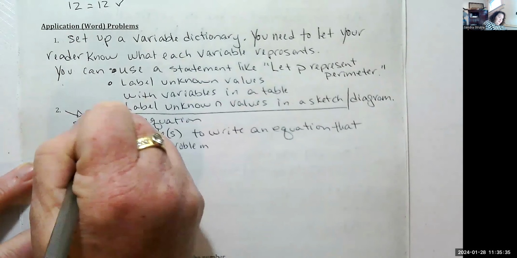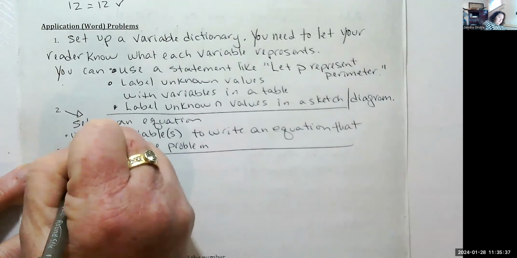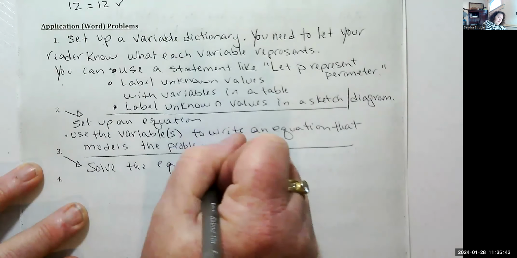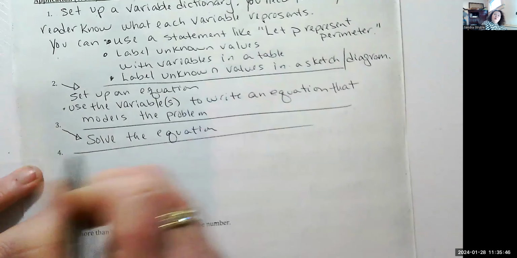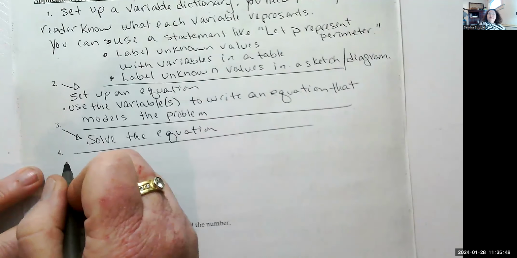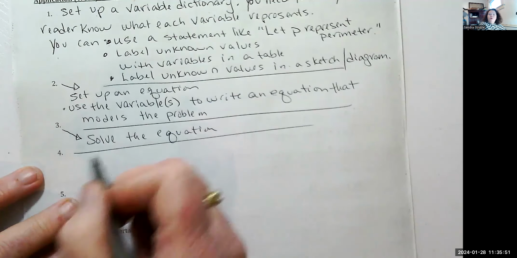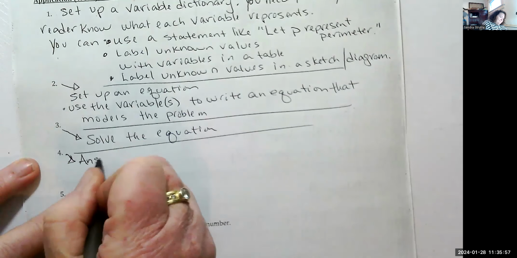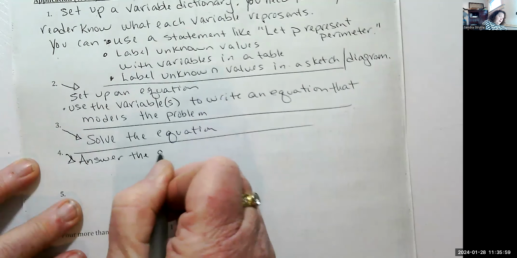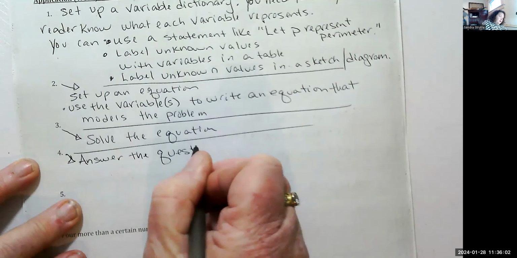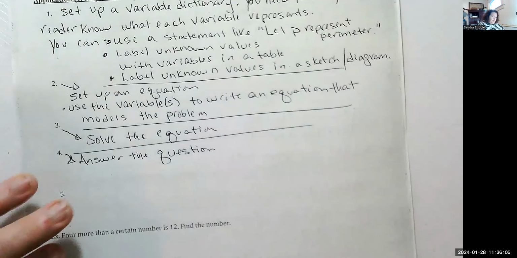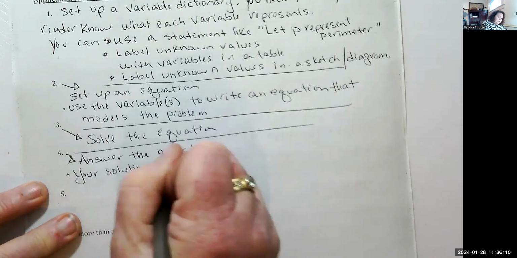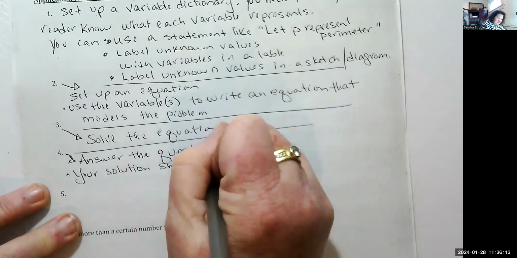All right, number 3 is you're going to solve the equation. And then number 4 is you're going to answer the question. There's always a question about something they're going to use the equation for to find something out. They don't ask for just an equation. Answer the question. Your solution should be written